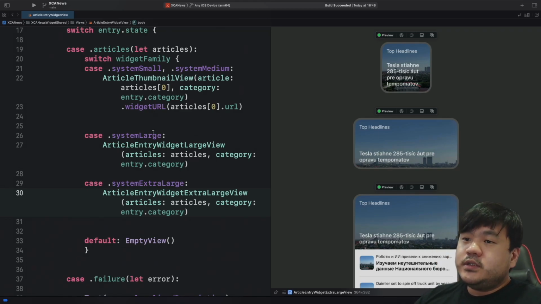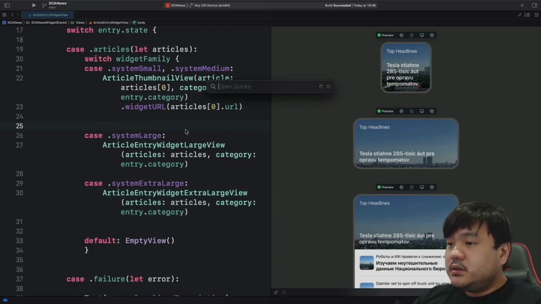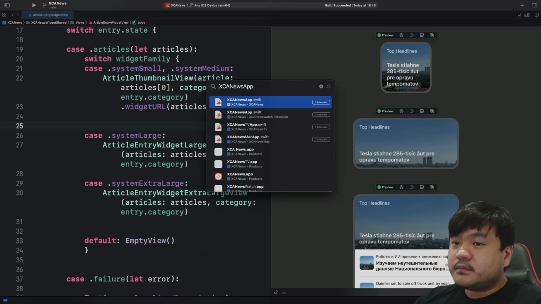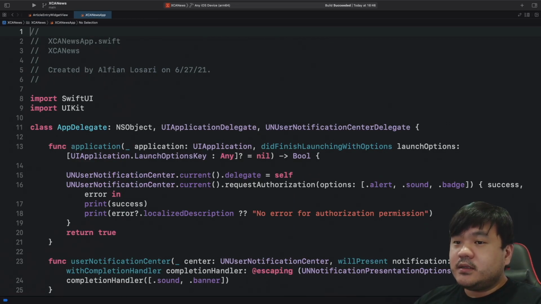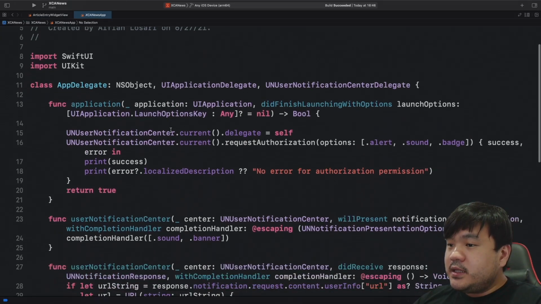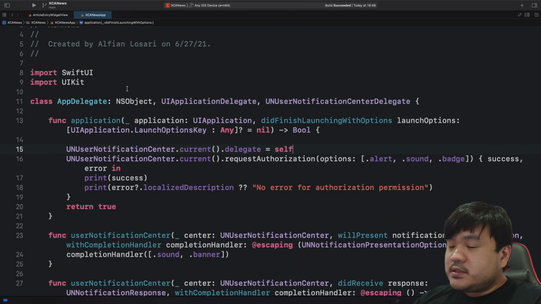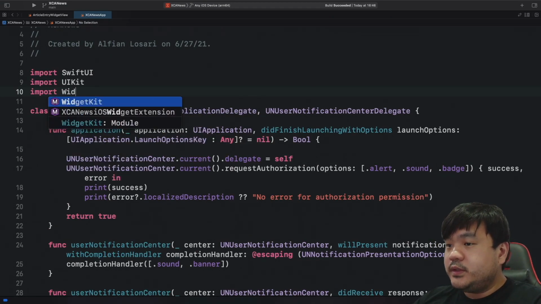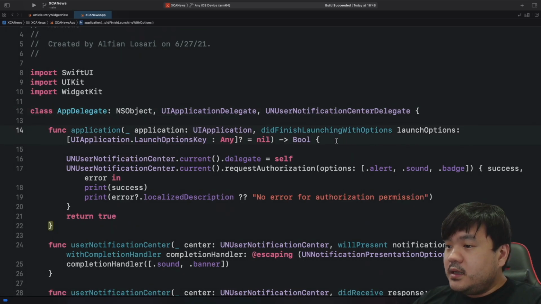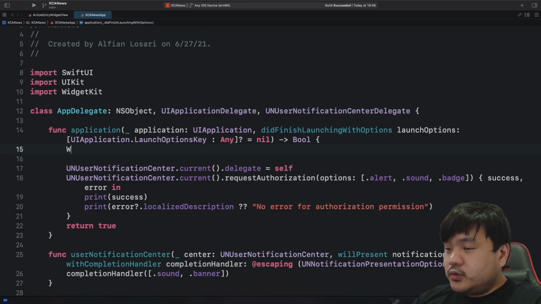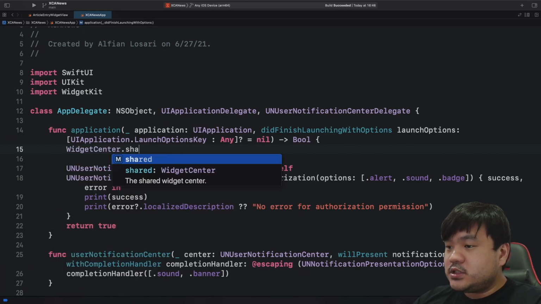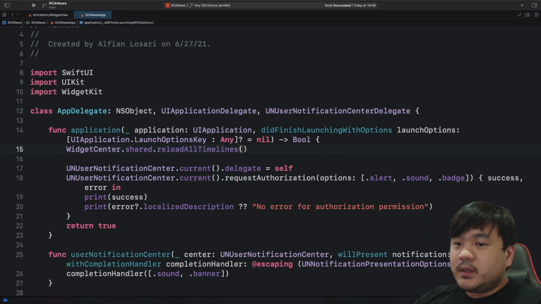So before we build and run the widget in the simulator, let's navigate to the SwiftUI News App.swift. This is the main app for the iOS target. It has the UIApplicationDelegateAdaptor in here, and we have implemented the custom app delegate. So basically here, let's import WidgetKit, and inside the application didFinishLaunchingWithOptions, we need to call WidgetCenter.shared.reloadAllTimelines. This will reload the widget when the user launches the app without waiting for the refresh interval